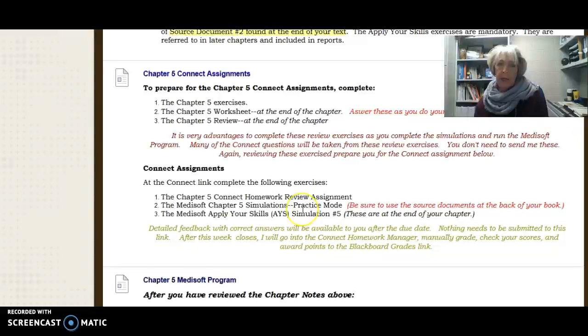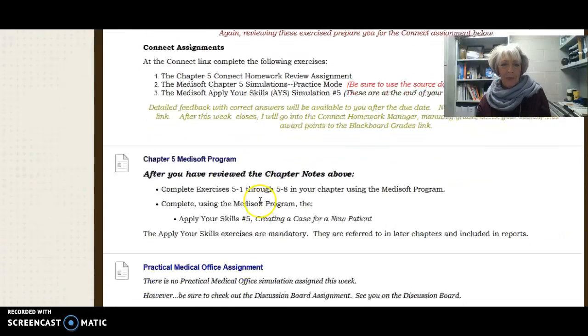Once again, you're doing a Medisoft simulation. I'm only using the practice mode. Again, I'm looking for 100%, which you all do. You really can't mess up a simulation. I mean, that's good, but I don't know about you, I learn the most when I do mess things up. So by using the actual Medisoft program, it allows us to really be careful with the information that we're entering on patients, just as we would if we worked at an actual medical facility. So the simulations are there for practice, hence the practice mode. Then once again,